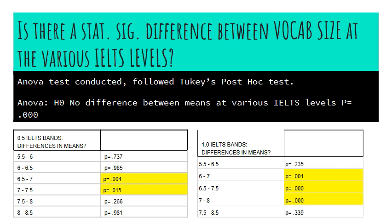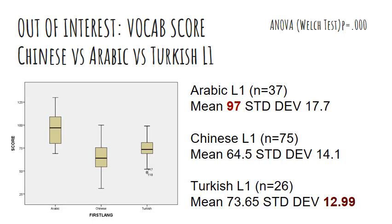With caution, what this suggests for this type of sample is that you might want to consider streaming by whole band differences, the 6.5s, the 5.5s, the 7.5s, in different groups, and not trying to make different groups from just 0.5 differences in IELTS overall score. Out of interest,